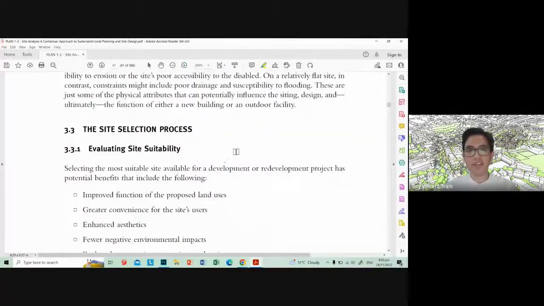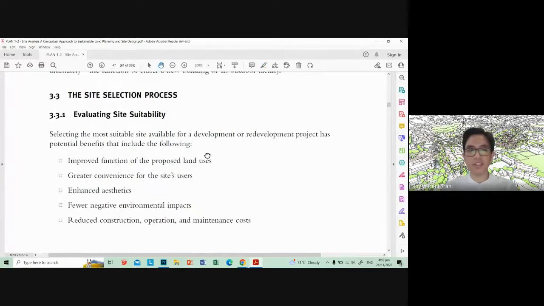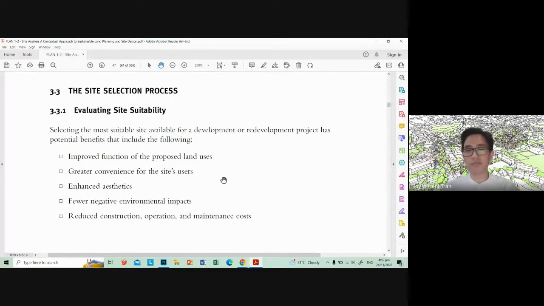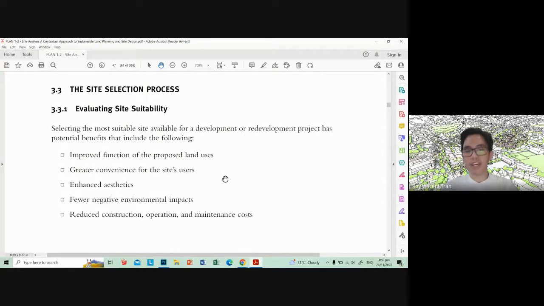Selection process proper. So in section 3.3.1, evaluating site suitability. Selecting the most suitable site available for a development or redevelopment project has potential benefits that include the following. So when you're analyzing your site, you need to ask yourself, does this site improve the